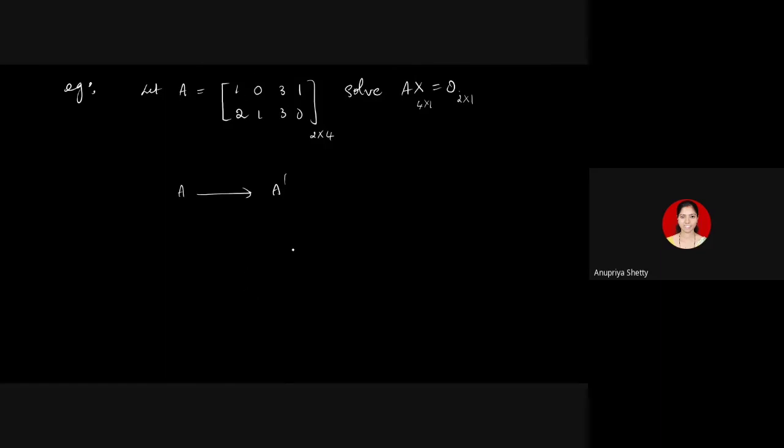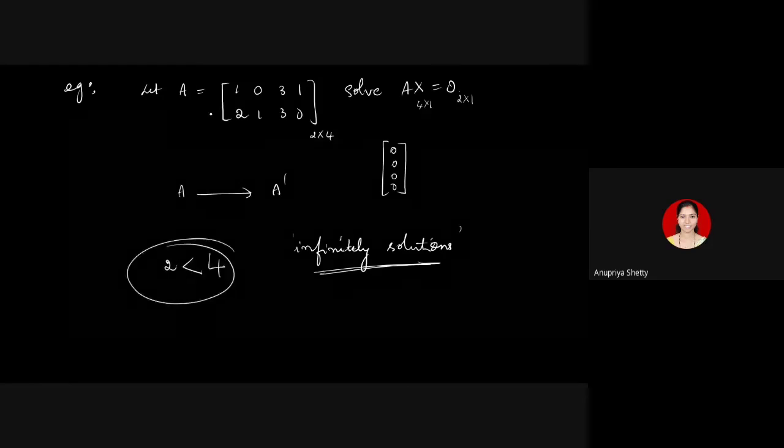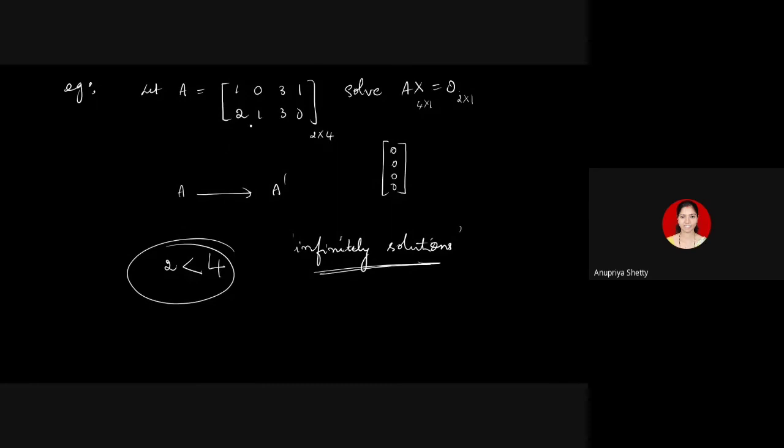You have to get infinitely many solutions in this case. It follows from the previous corollary itself. One solution is, of course, as we noted in the beginning, the 0 column, which has 4 zeros in it. This is always a solution. Other than that, you can get infinitely many solutions. What is the reason? Because the number of rows, 2, is strictly less than 4 here. If you write down the system Ax equal to 0, you will have 2 equations in 4 unknowns. Whenever m is less than n, the given system of homogeneous equations has to have a non-trivial solution.